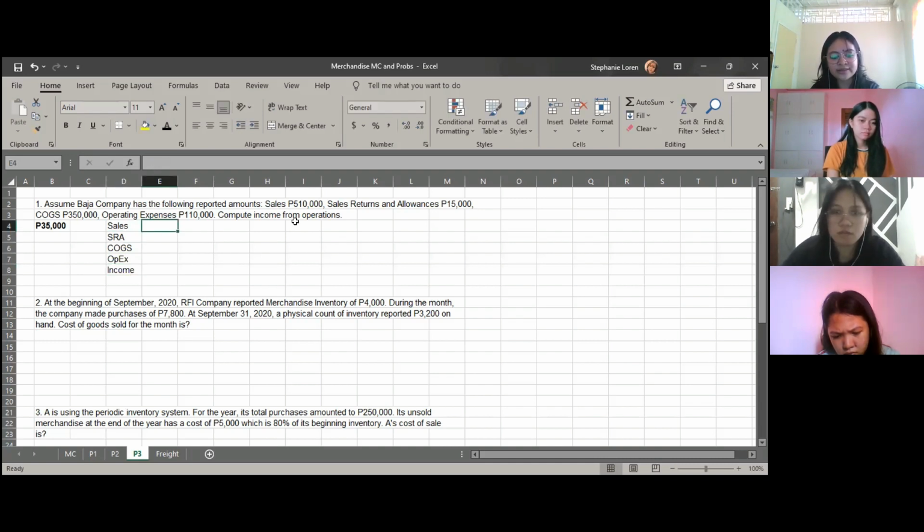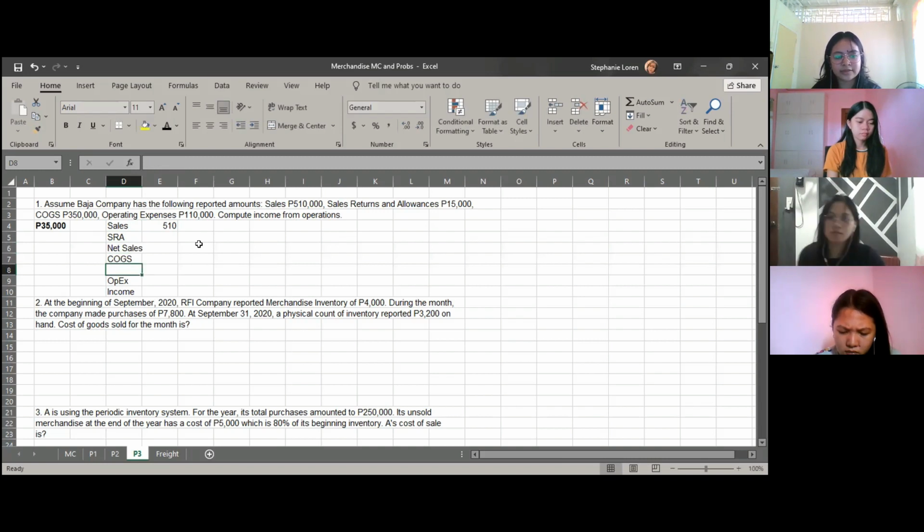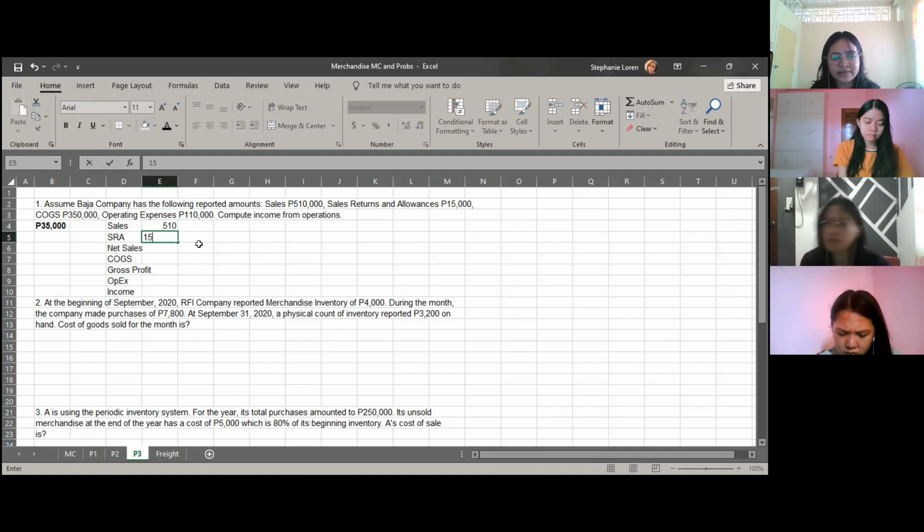You have your sales, 510, less sales returns and allowances. Dali lang. Let's say, and then gross profit. Yun, so your sales is 510 less sales returns and allowances na 15. That is your net sales, 510 less 15, 495. Given na yung cost of goods sold mo, which is 350. So net sales less cost of goods sold na 350. Your gross profit is